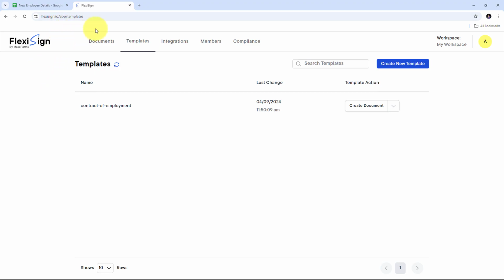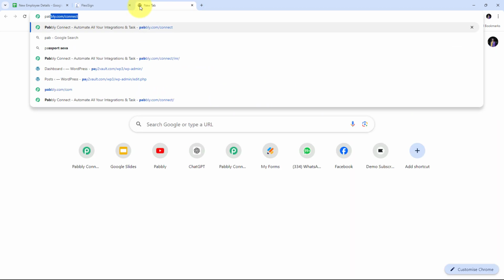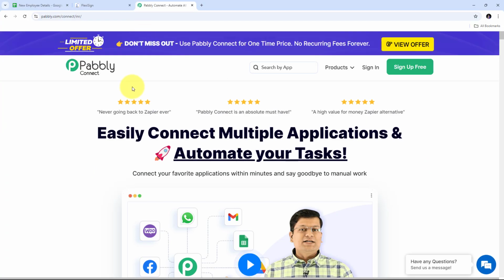So for using Pabbly Connect, I just need to open a new tab, and here I'm going to search for pabbly.com/connect in my browser. This will take us to the landing page of Pabbly Connect. Here on this page, I have two options, sign in and sign up for free. If we don't have any account with Pabbly Connect, we can just click on this sign up for free button, and this will take only 2 minutes of our time, and we will get 100 tasks free every month. Or if we already have an account, we can just sign in